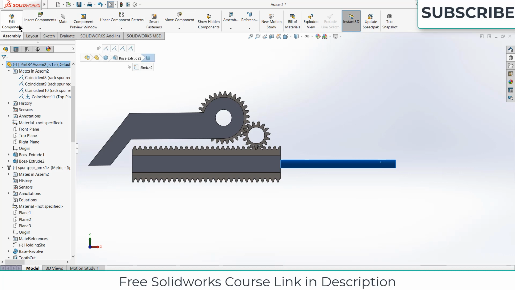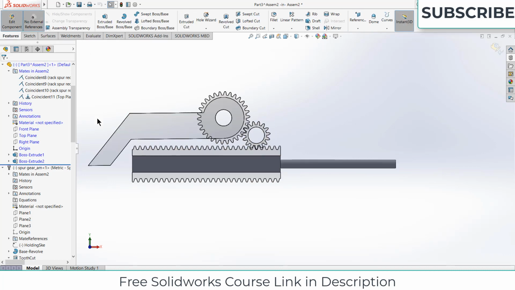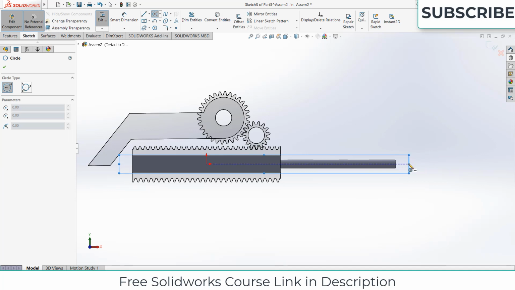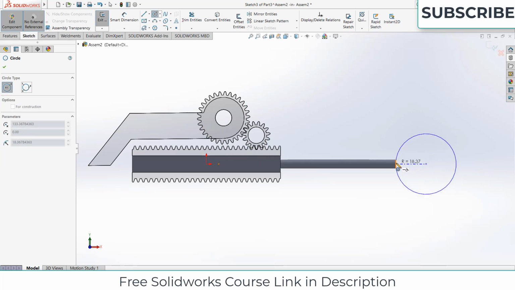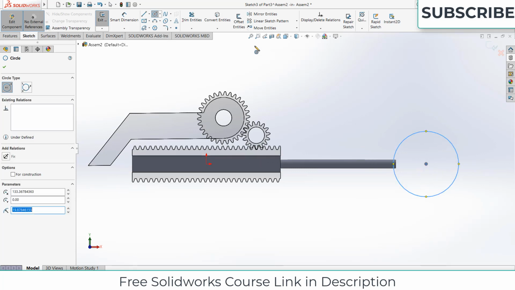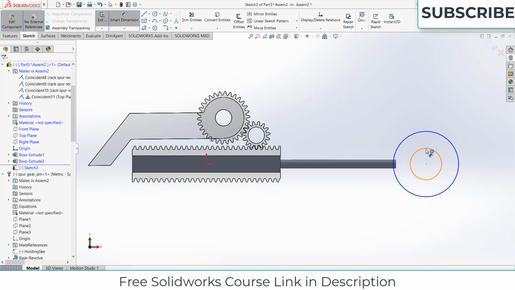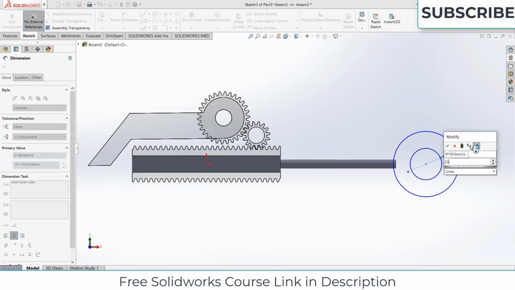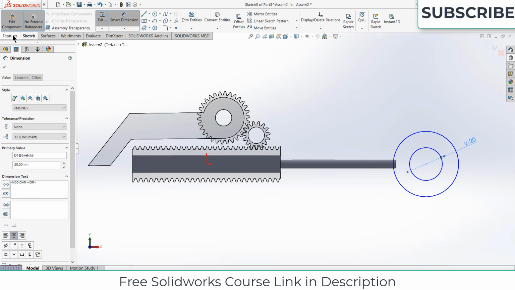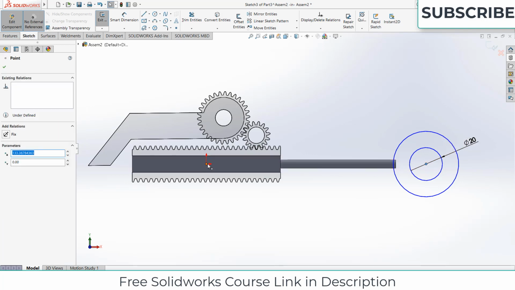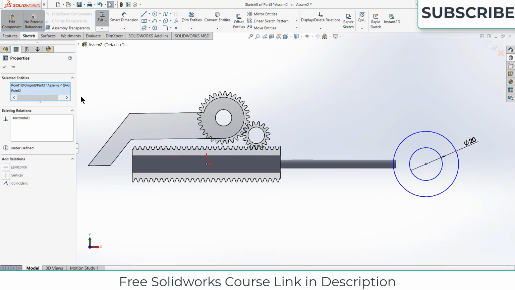First, select this part. Let's edit this part much better, and select the front plane, sketch, escape, select this point, and by pressing Ctrl select this point, make it horizontal.